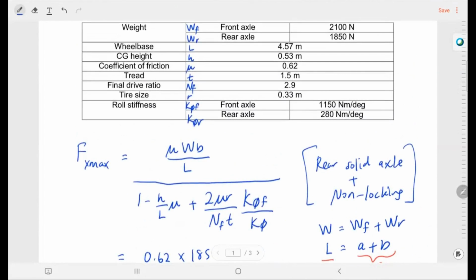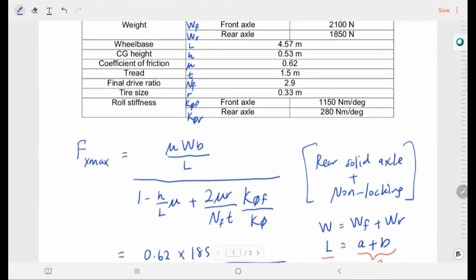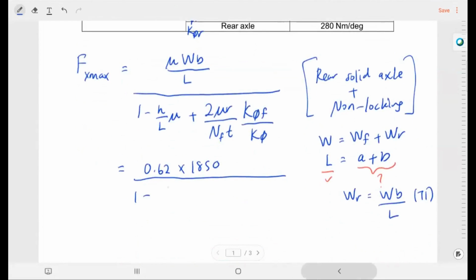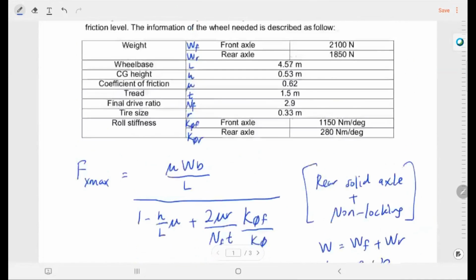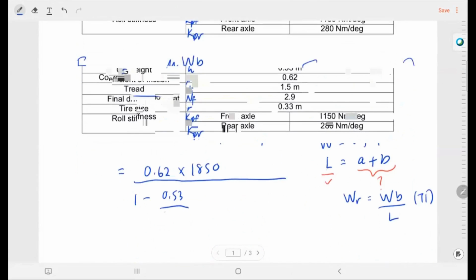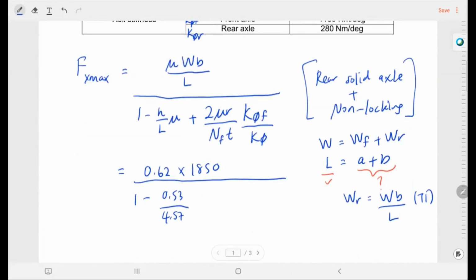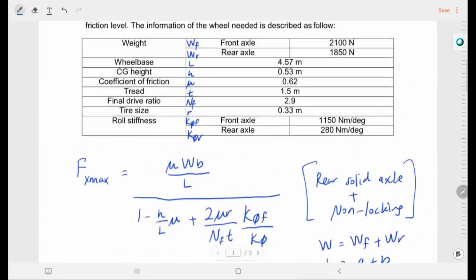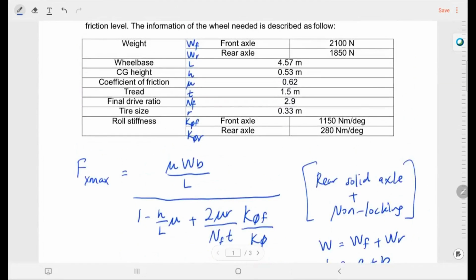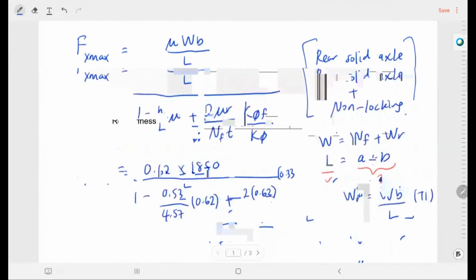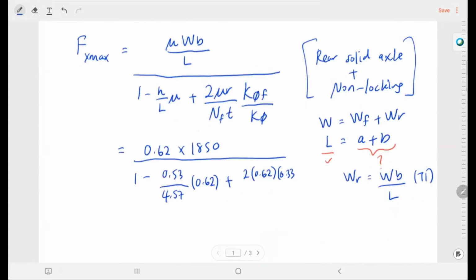Bila you buat equation nanti, you solve the equation, you kena betul-betul jangan salah masuk nilai. Kalau tidak rugi je. 457 darab 0.62 tambah 2 darab 0.62 darab 0.33 okay,